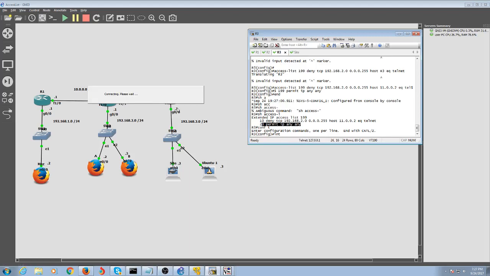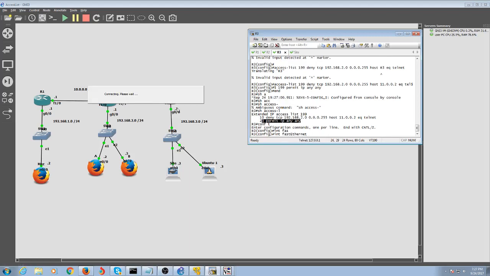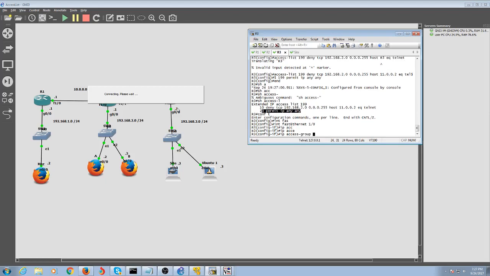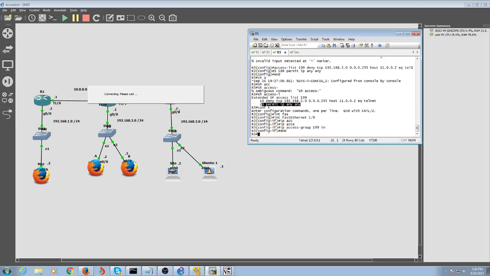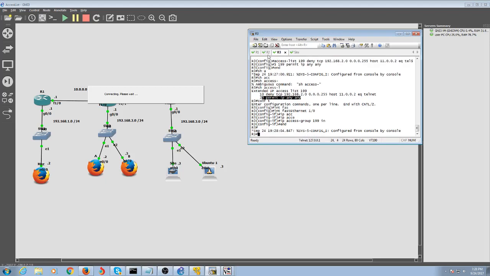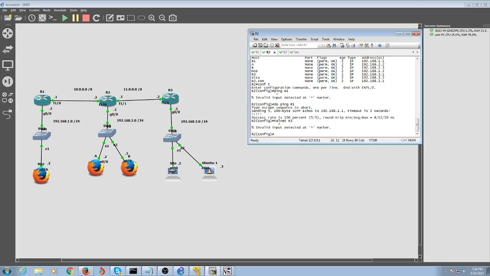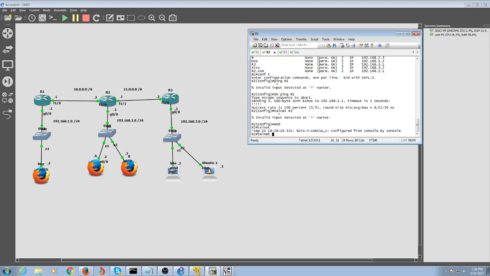So interface FastEthernet 1/0, ip access-group 199 in. The data is coming inside. And now if we telnet to R3,